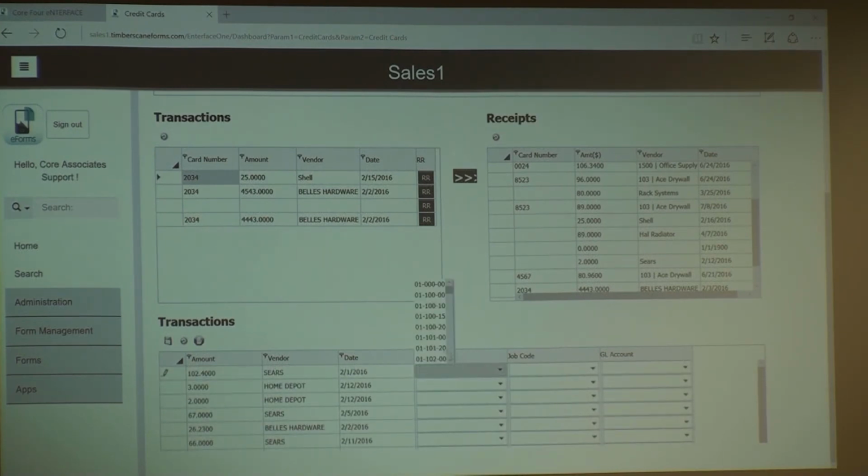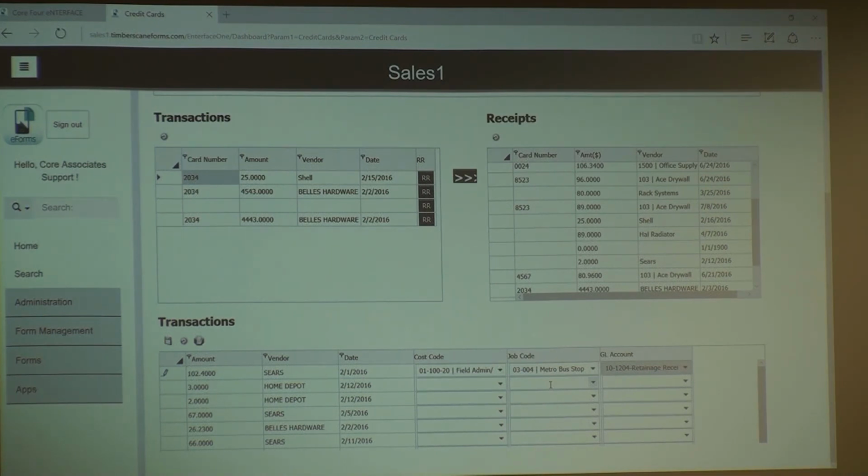To go ahead and add a cost code, I have my cost codes, job codes, GL account codes set up in this particular app. This is for one of our customers, a design that they came up with, but the credit card application looks different depending on your needs. In this case, they're tracking cost code. That guy didn't enter the cost code for whatever reason, so we went ahead and added it. He got the job code wrong. I don't know how. He must have bumped his head, but we'll go ahead and fix it for him. And we can put in our GL account code. Any of the stuff here, we can make sure that we fix it and tailor it